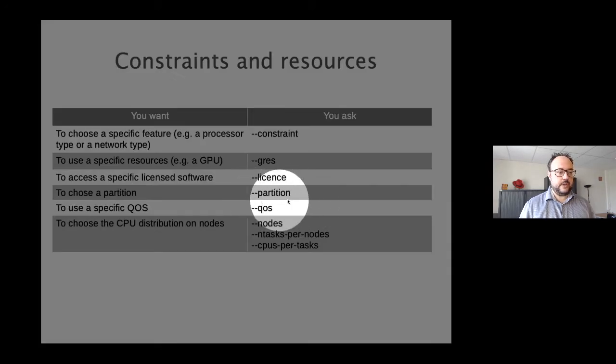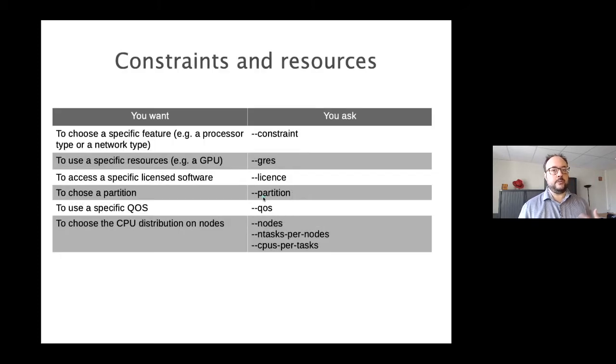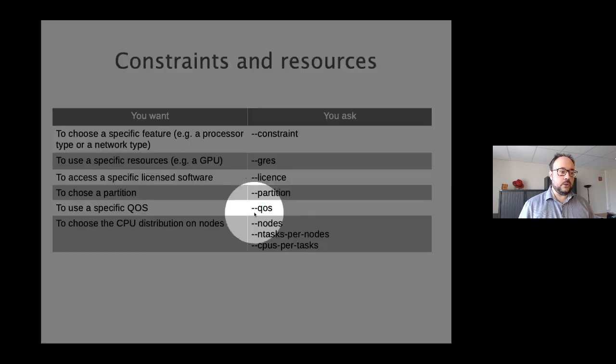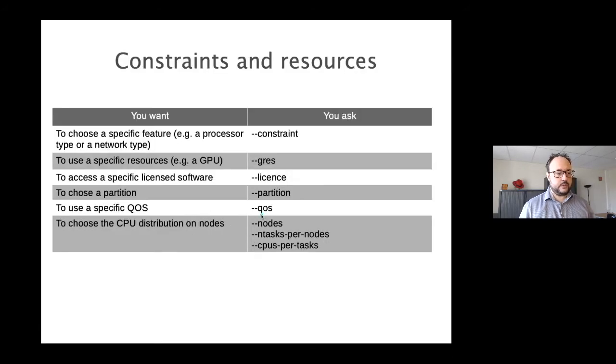You can specify a partition. All the nodes in the cluster are organized in partitions, so the partitions are just specific sets of nodes. Sometimes they are organized by type of hardware, sometimes by type of submission policies. It depends on the cluster. You can also have on some clusters QoSs, so quality of service, which are a way to give some users or some jobs additional permissions. And then there are the parameters that you can use to specify how many CPUs you want to use,